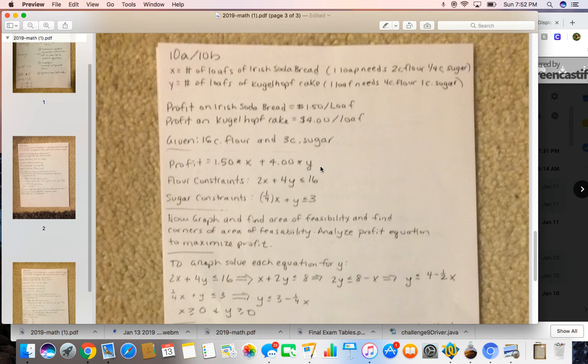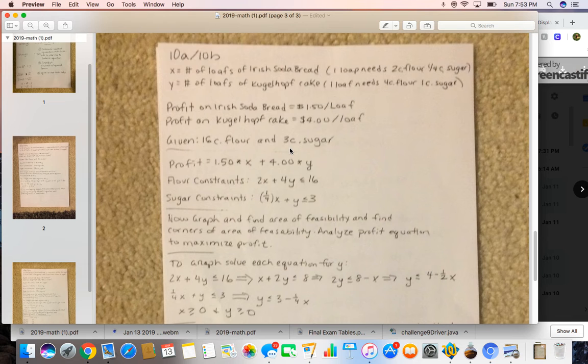1.5x plus 4y. Now, in terms of flour constraints, I need 2 cups for every loaf of Irish soda bread, 2x plus 4 cups of flour for every Kugelhof cake. So plus 4y has got to be less than or equal to our total number of cups of flour, which is 16. We do the same thing for sugar. We take a quarter cup of sugar for the Irish bread, and we add to that a cup of sugar for every loaf of Kugelhof cake. So 1/4 x plus y has got to be less than or equal to the number of cups of sugar